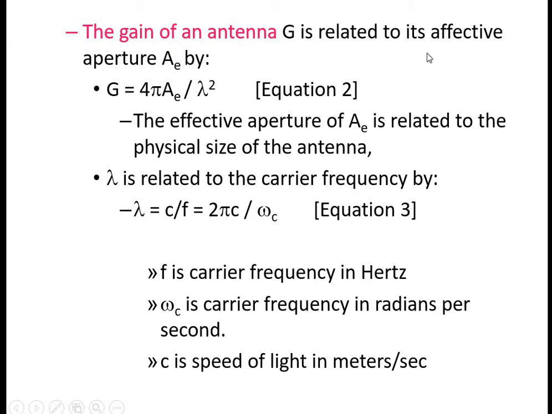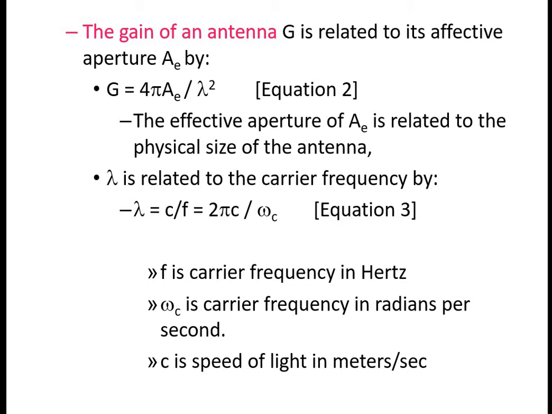The gain of the antenna is actually related to the aperture. So the effective aperture is what decides the gain, and we consider this effective aperture for the receiver antenna based on its size. So when the antenna aperture size is large, then we can say the gain is also increased. And lambda is related to the carrier frequency, so we write lambda equal to C by F,